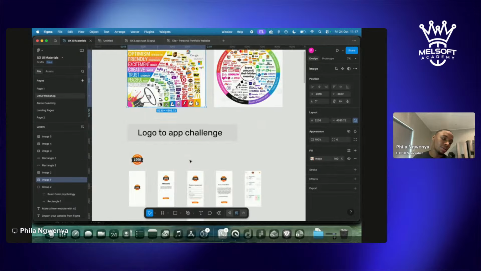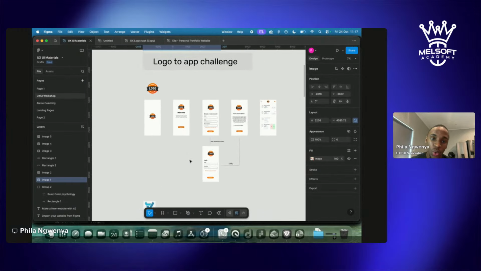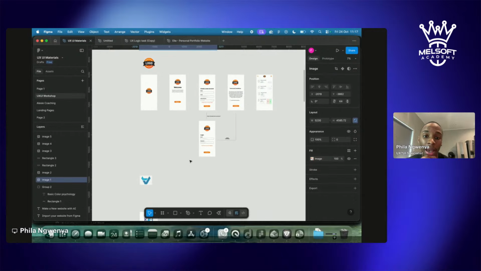So now we're going to come into the main thing we want to teach in this workshop. The main point of this is to teach you how to design on a platform like Figma, right? And how to design your own app, even though you've never designed an app before. Let's just say